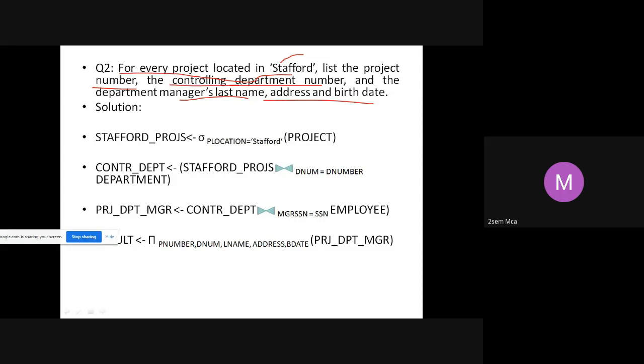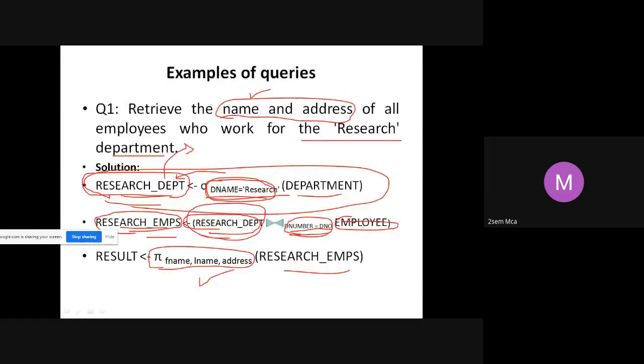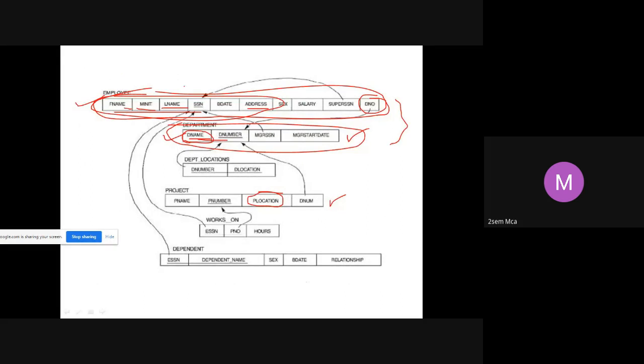Controlling department number, that also I can get. Department manager's last name, address, and birth date. Where do I get that from? First I have to find out who is the manager for that department, then that particular department's employee's last name, first name, I have to find out.